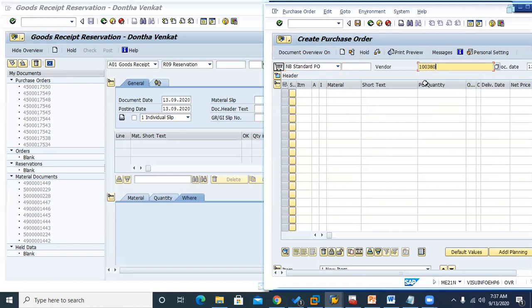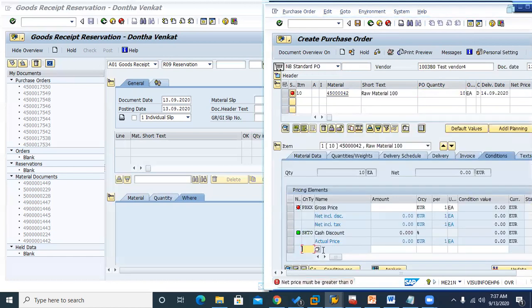I'm going to take the vendor as this and the material as this. Let me take a quantity of 10, and if it is going to ask for some price, since the material has the standard price of 100 euros, if I take the same 100 euros, it is not going to affect any other accounts, because we are taking the exact standard price.